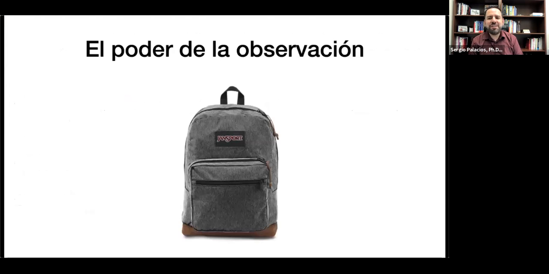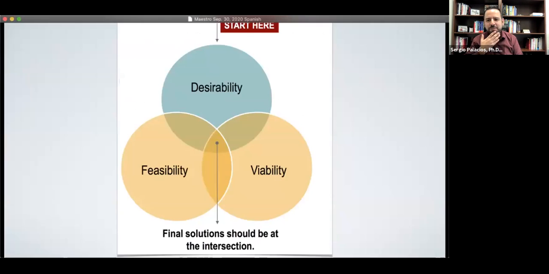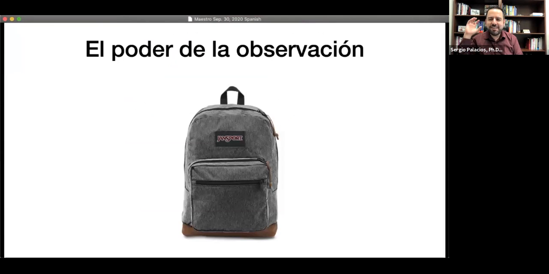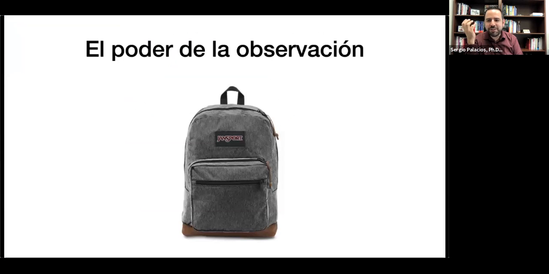Poder de la observación. Este caso lo usamos en una de mis clases. Una compañía dijo: ya no vamos a vender mochilas. Nos acaban de llamar de una compañía, uno de nuestros clientes principales. Ya no vamos a vender mochilas porque la gente ya no usa libros. Ese es un supuesto que tú tienes, pero yo mando a mis estudiantes, toman fotos de estudiantes aquí en la